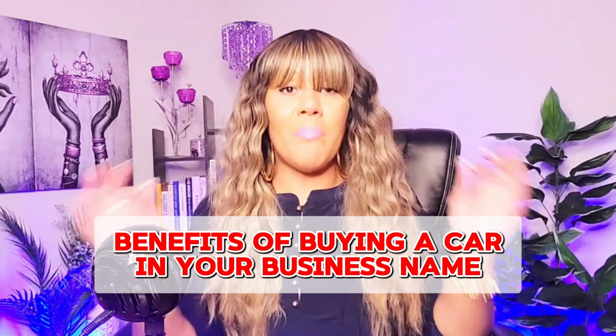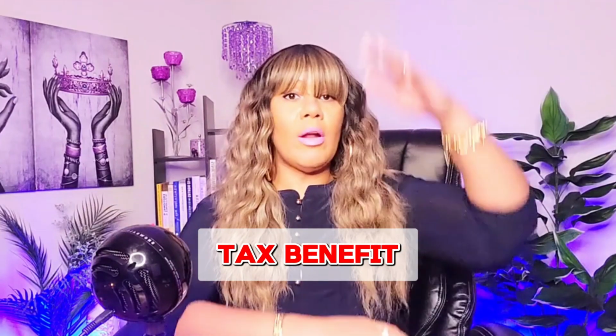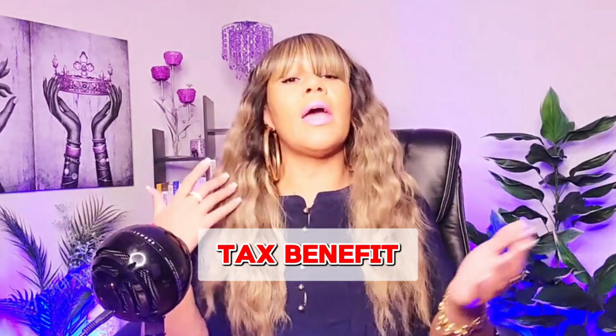So actually, I'll start right here. Some of the benefits of buying a car in your business name is tax benefits. It doesn't matter what level you are, guys, okay? So tax benefits do depend on if you buy the vehicle outright, if you lease it, if it's 100% for your business, or if you use it sometimes for yourself, sometimes for personal. So an example of that right there, guys, is let's say you are a full-time realtor, right? And let's say you're a sole proprietor or a single member LLC, and you own a vehicle